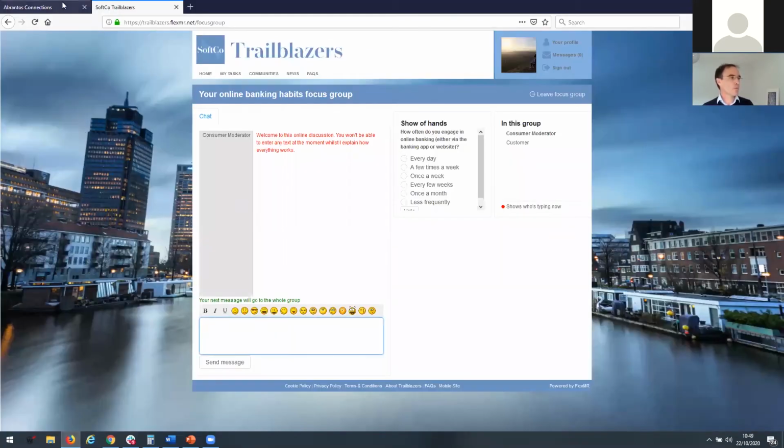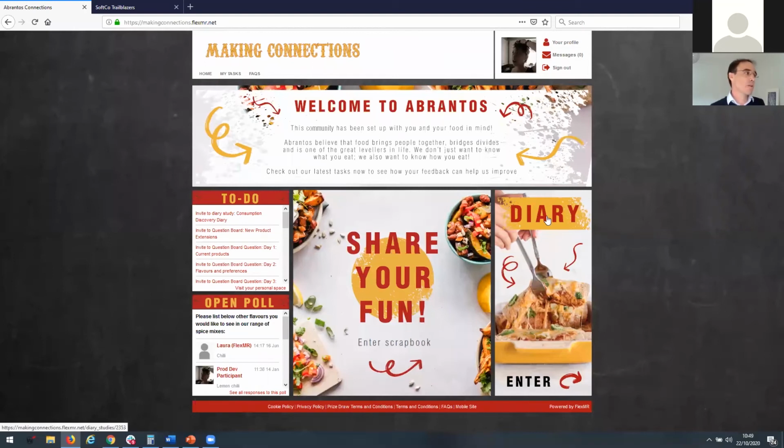I'm just now going to move across to this version. So again, this is similar branding. It's a different example project. It's again for the same client, but in this particular case, we've decided instead of doing dynamic focus groups, to go with more the asynchronous community approach. So what we've done here is combine 2 or 3 methodologies together to create a community.